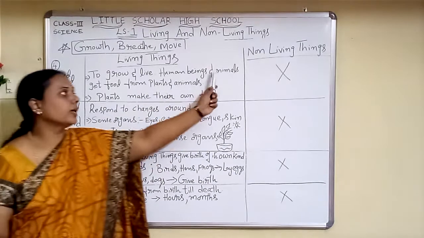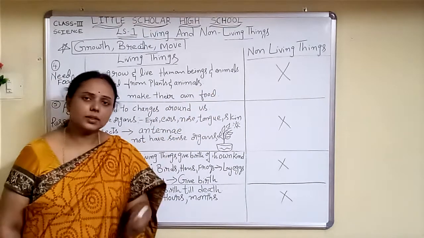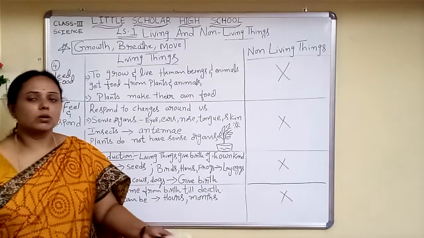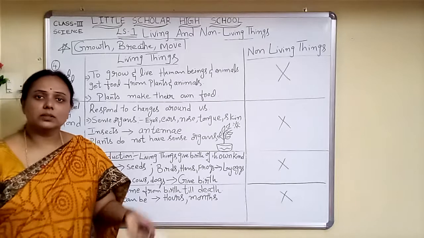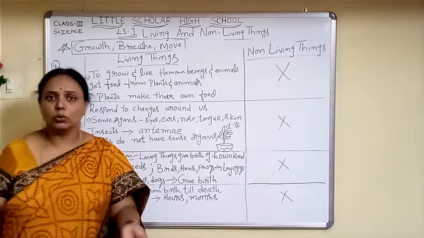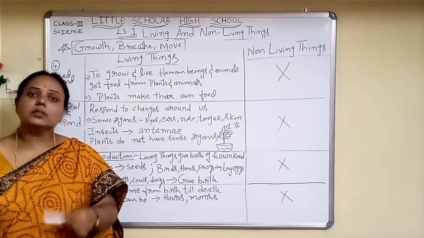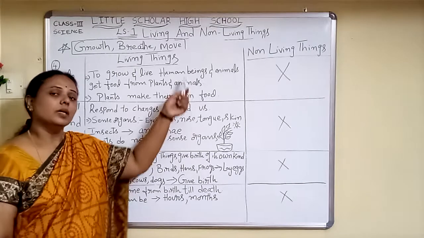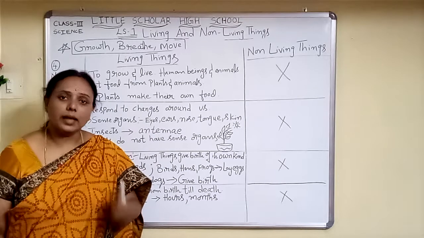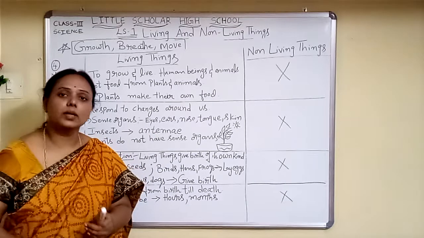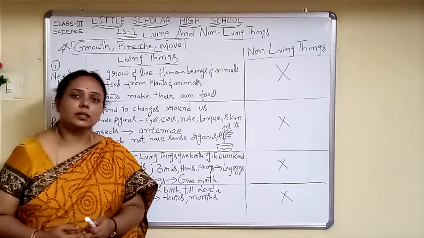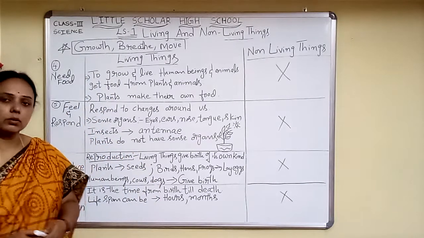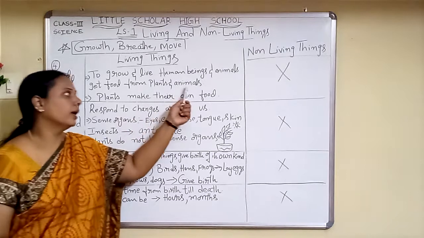And from where are these animals obtaining food? Even the animals are obtaining food from small plants or grass. We might have seen cows or goats grazing around. So these animals are getting food from the plants. And there are certain animals which kill some small animals and get their food. That means we are dependent on, and even the animals are also dependent on, both plants and animals.